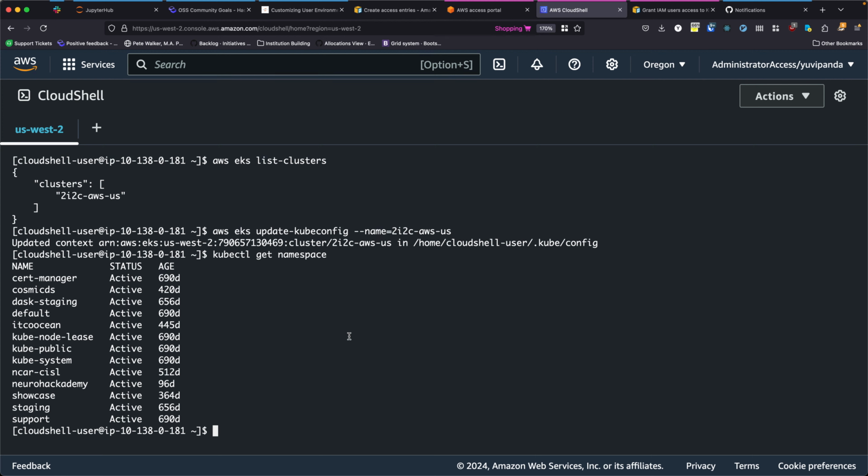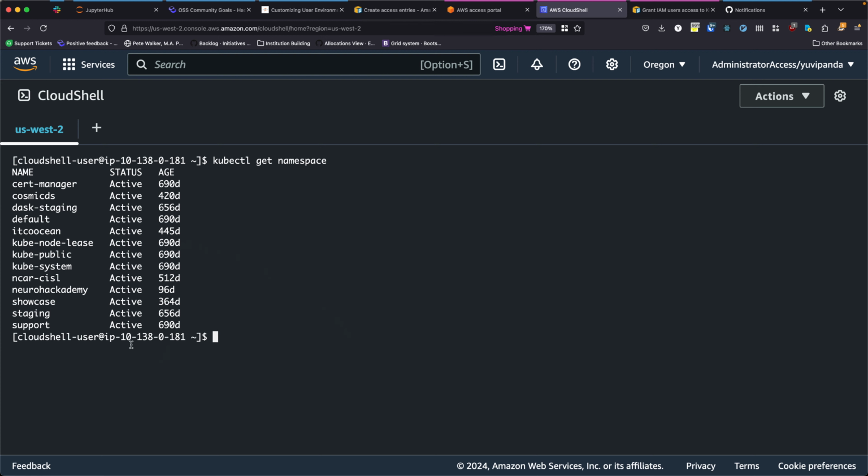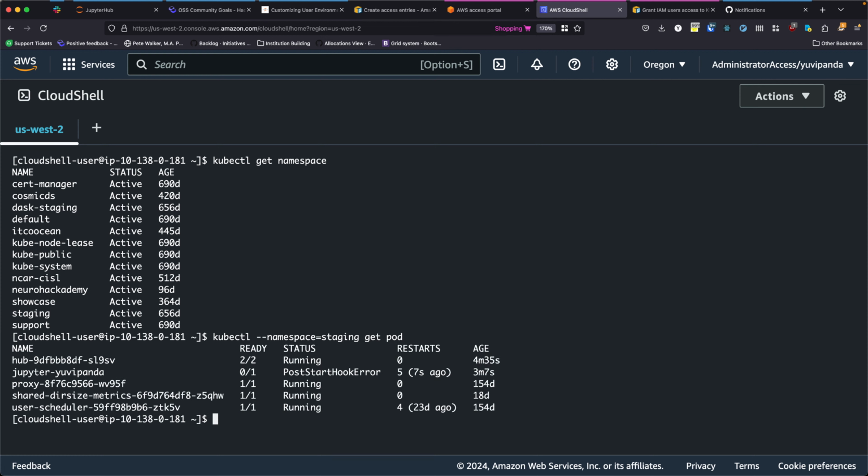But anyway, in this case, it works. So I can see all the namespaces, and of course we run multiple hubs in this cluster, but in this case the hub I have screwed up is called staging. So I am going to say kubectl --namespace=staging get pod, so I can see all the pods in there, and then you can see my PostStartHook error for my user pod,